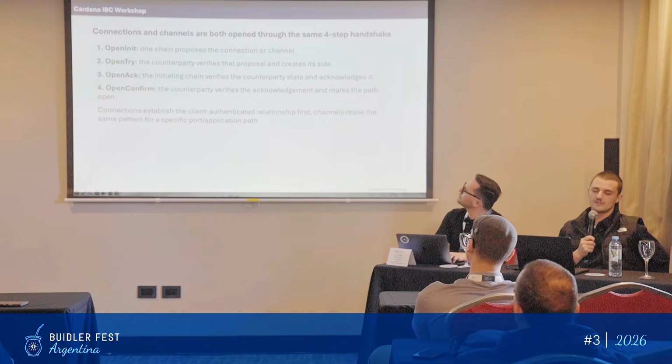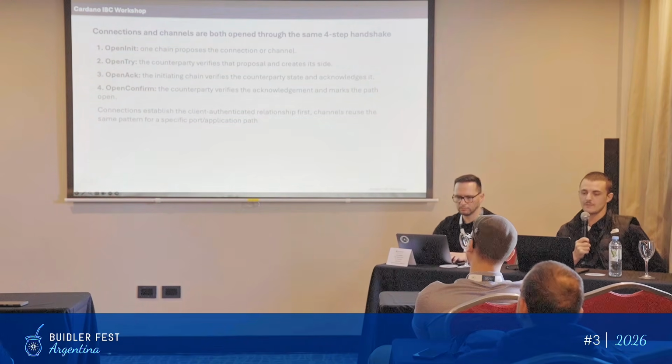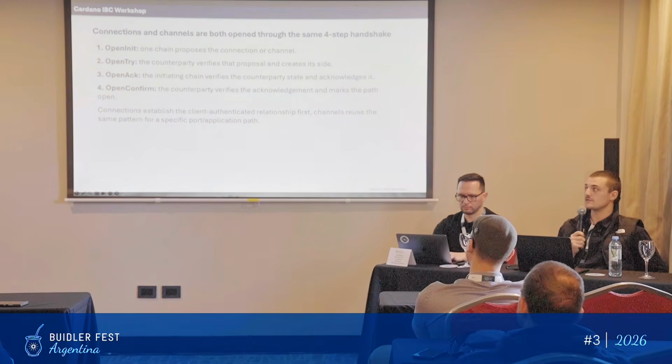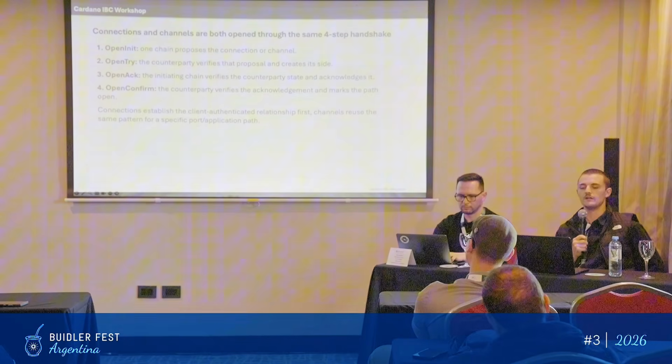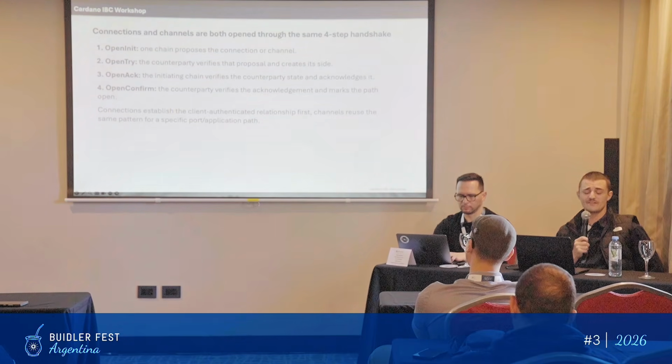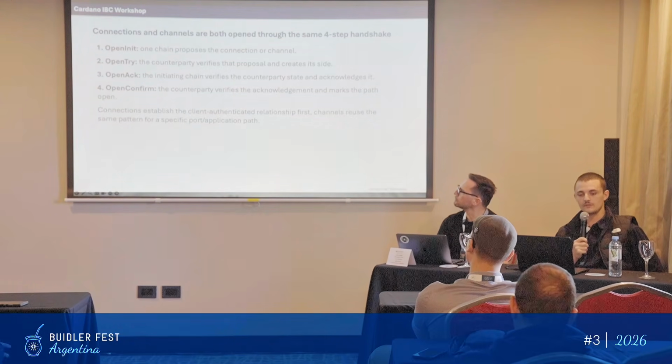So this is the handshake that I was talking about. For IBC, we have a 4-step handshake. This is just the process of the 2 light clients establishing trust with each other. Once they have completed this 4-step handshake, we have the connection created, and now we can open channels, we can send packets, we can query data, etc. This gets a bit interesting for Cardano because of finality issues, which I'll get to, but we have a pretty heavy reliance on Mithril, which is also an open problem that I'll share later in the slide that maybe somebody will have a unique approach to, so that will be exciting to see.